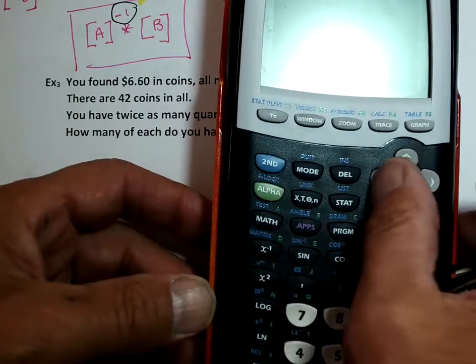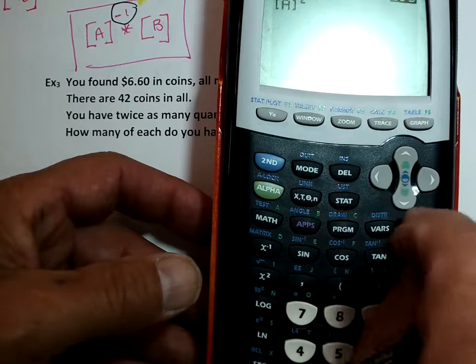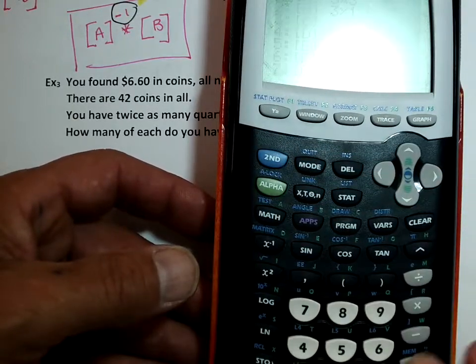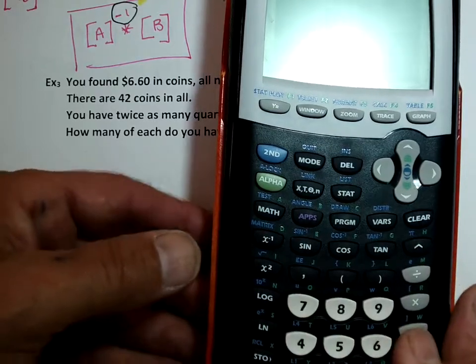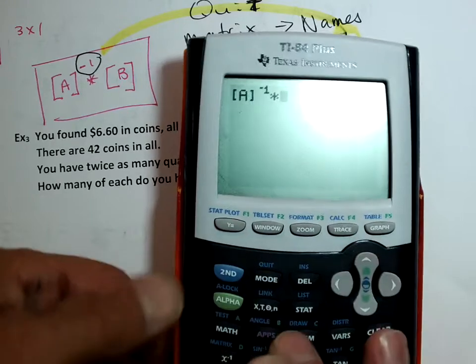I want the other one. Clear. Matrix A, oh, there it is. Inverse. I got it. Okay, did you get the inverse? And then times, and then matrix